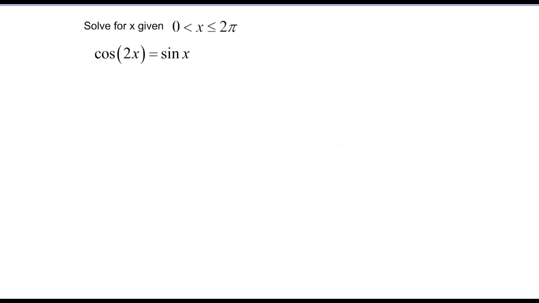Okay, so now we're going to solve for x given values for x between 0 and 2 pi. I know I have a sine in my problem. I'm going to, as always, try to set this equal to 0. And now, if I'm going to want to factor, I will probably need an identity for the cosine of 2x in terms of just sine. So that's 1 minus 2 sine squared of x minus sine of x